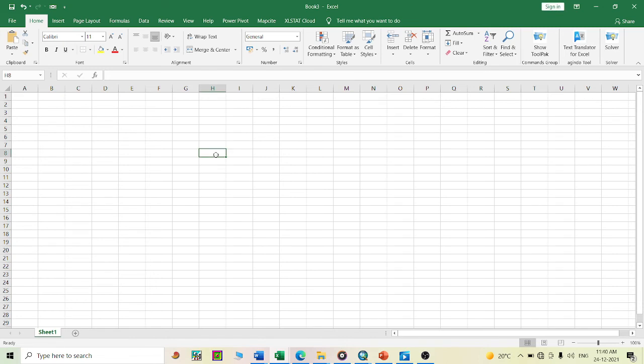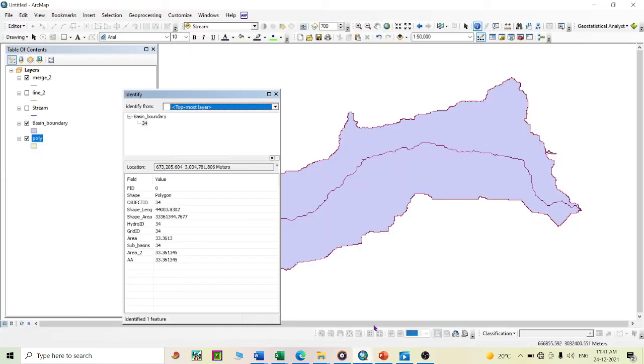So first thing, AR and AT and BA. Here AR is equal to 16.57 and AT is equal to 33.36.